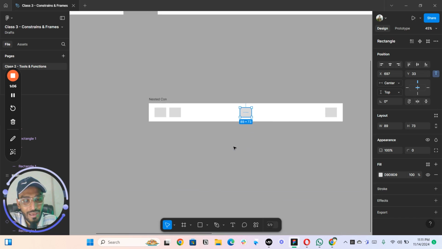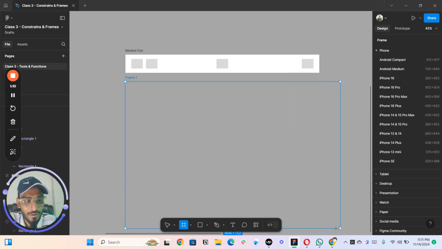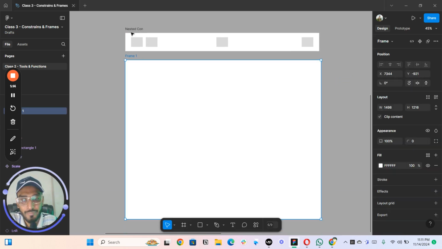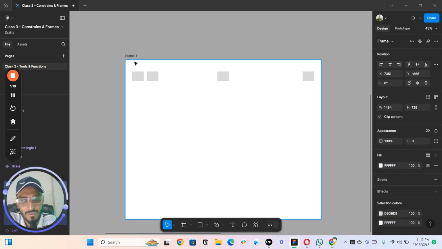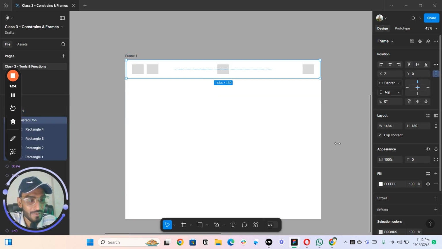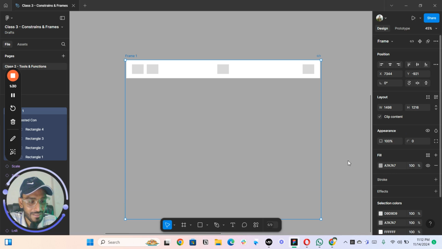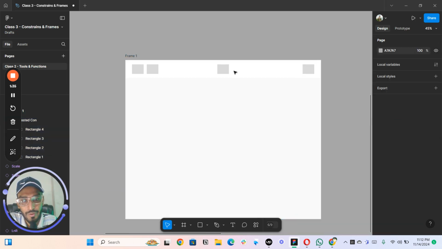So what if we have this one as the navbar, and then we have the proper landing page or flow right here at the bottom. So then, obviously this navbar is going to be on the website, right? So we just need to keep it in the center, and then let me quickly change the color of this thing a bit, not exactly the same, but obviously we are going to change it to show you, right? Then